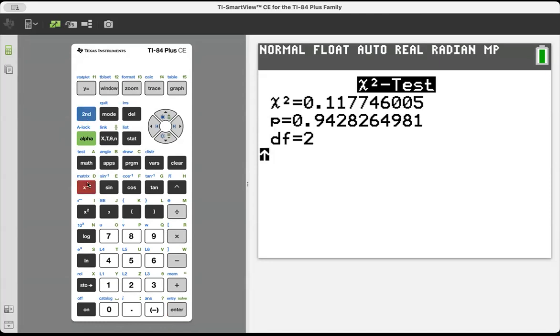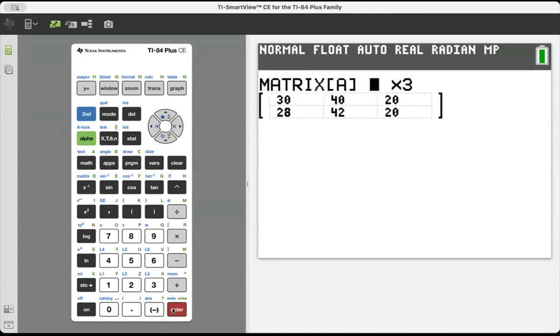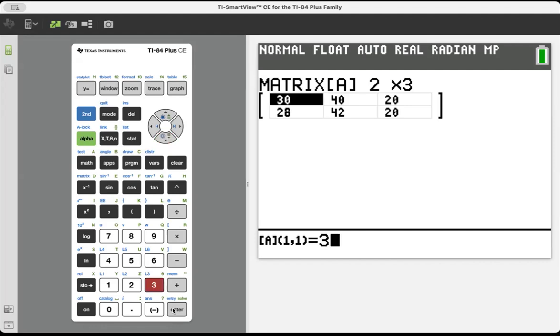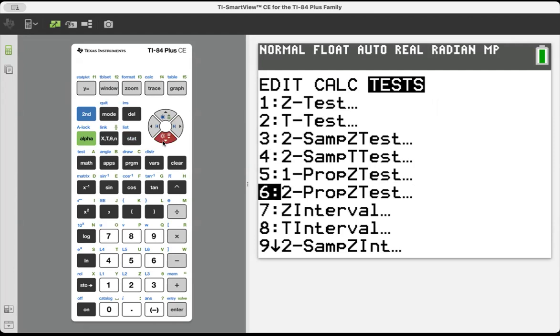I gave you the wrong numbers, so I'm going to go back and fix those numbers. We're going to go back into the matrix, go into Edit, Matrix A, and the correct numbers here are 33, 34, 23, and 25, 48, and 17. I will fix the slideshow. Okay, so now when we run the chi-square test,